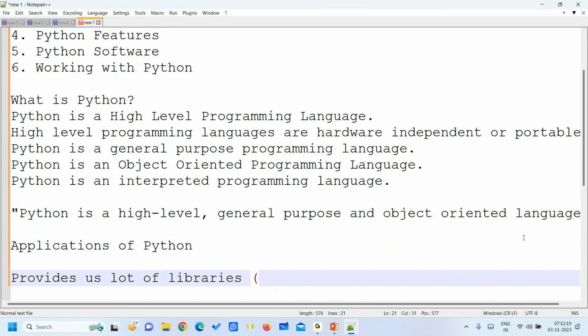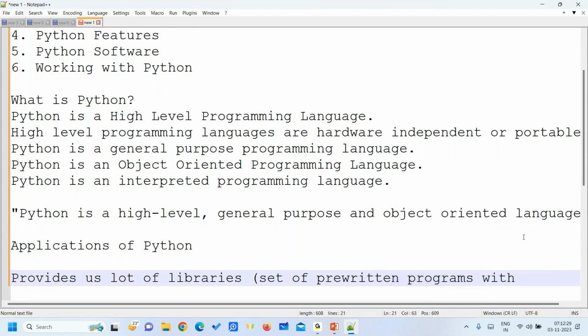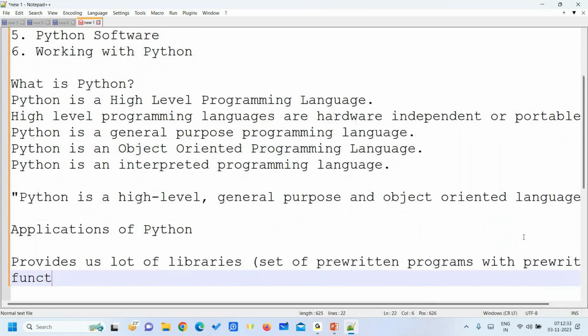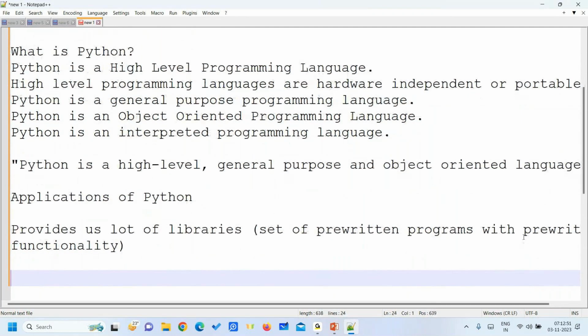Libraries are nothing but a set of pre-written programs with pre-written functionality. That is called a library. You need not develop anything from scratch. Suppose you want to run a Fibonacci series, Fibonacci numbers,